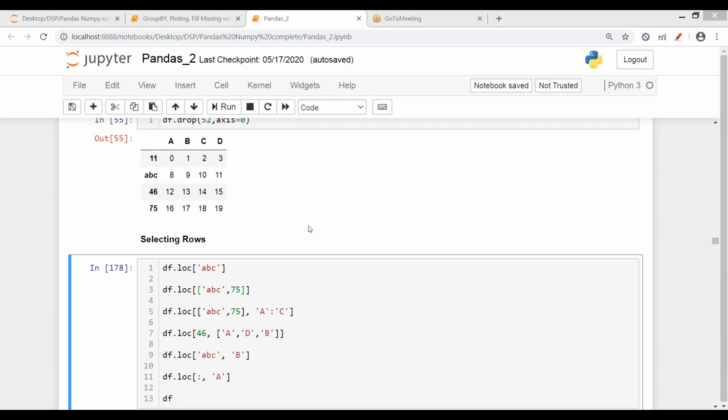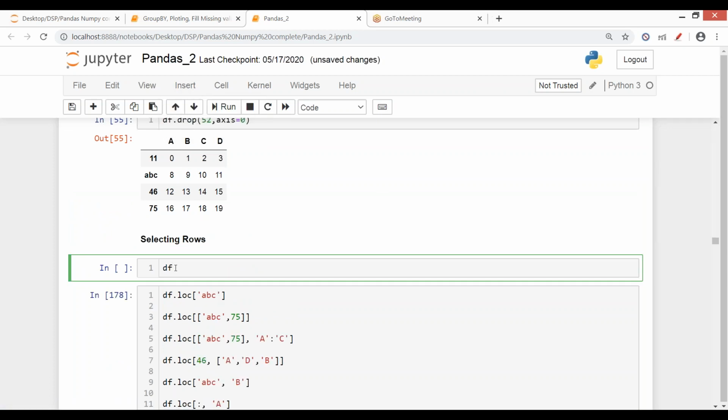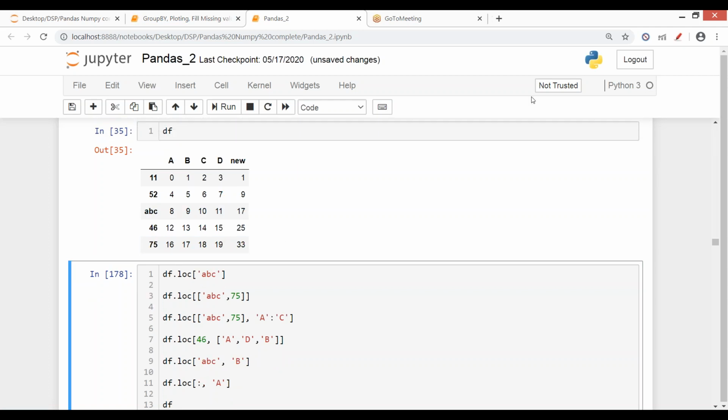So this is my df, and okay, let me just print the df above. So this is the df. Now let's say I just want selected values. The very first row, what it says is, see, in columns we were able to print the column by giving the column name, but there was no way to print a row or a specific value. Let's say I just wanted to print 10. There was no such way. So for that we use the loc command.